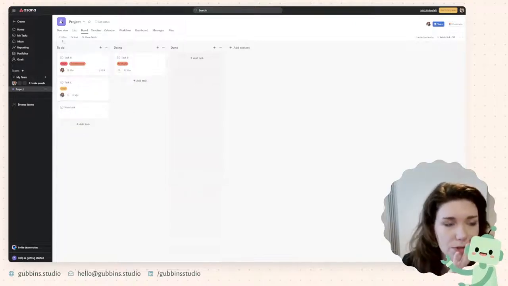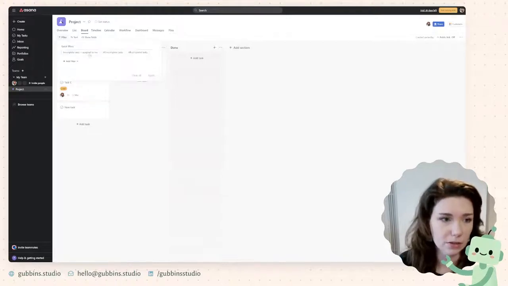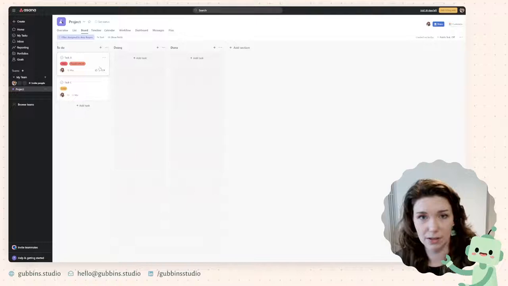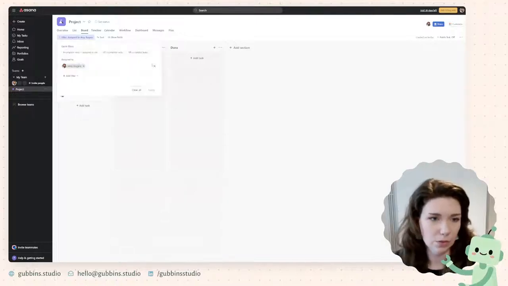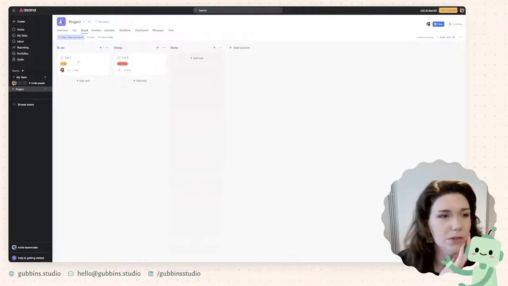And here, if you wanted to show only cards that were assigned to you, you could do this, assignee assigned to me, and it will filter out the ones that aren't your problem. You can also filter where the due date is within the next week. So it would only show stuff that was imminent, which is quite nice.